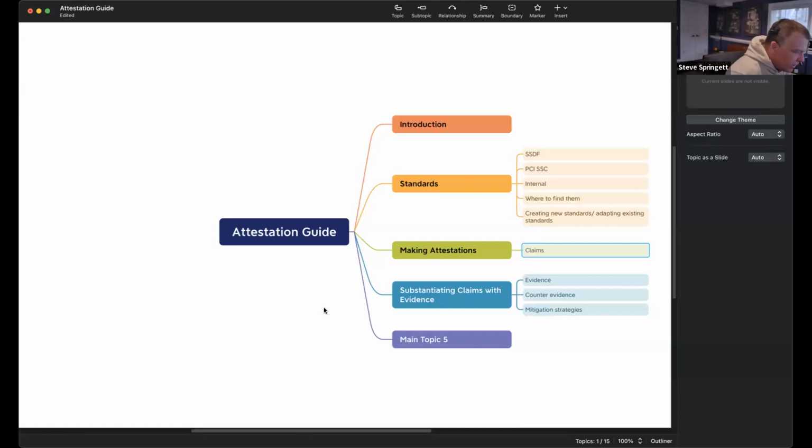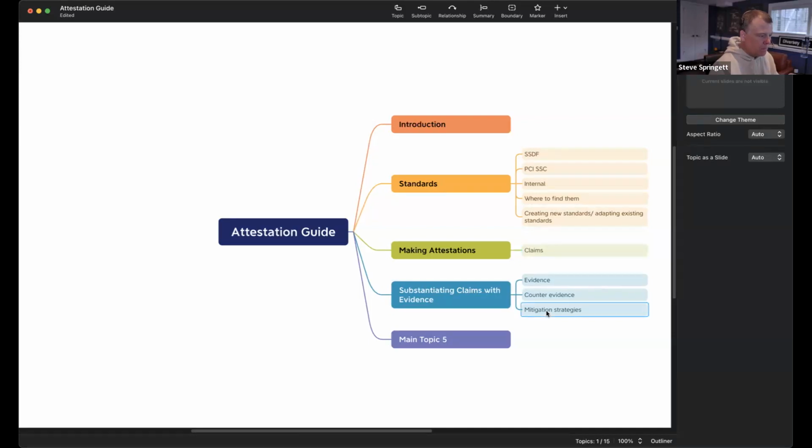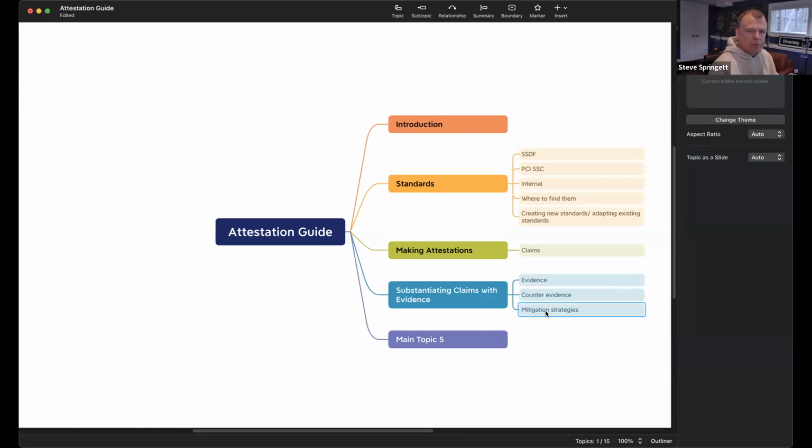Okay, so we've got another chapter, substantiating claims with evidence. That one's going to be fairly lengthy and in depth. However, this doesn't belong there. Where does this belong? Mitigation strategies? Yeah. Hmm. I mean, is that part of a POAM type of chapter, or do we want to talk about that? I mean, it's a kind of US-centric term, but